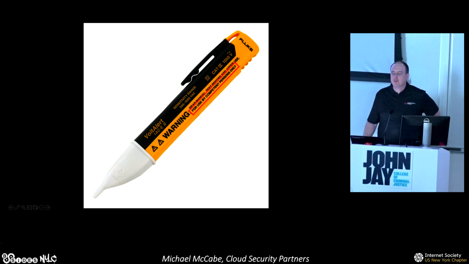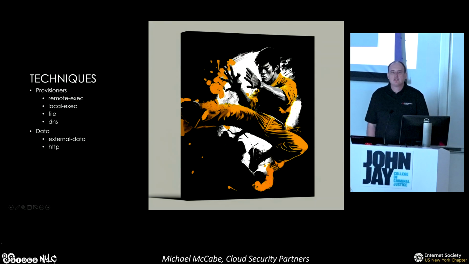I wanted to talk about some more malicious use cases and ways you can abuse Terraform in an environment, either a malicious insider or an attacker who gains access to a pipeline or just to a Git repo that's hooked up to a pipeline. There are dozens. These are just kind of techniques that we've found and we've helped lock down, but there's dozens and dozens of different ways you can use Terraform and either the built-in APIs or the provider-based APIs to kind of do different malicious techniques. So these are just some of the ones we're going to talk about, but there's a lot more. So this is not a complete list of things that you can use to abuse Terraform.